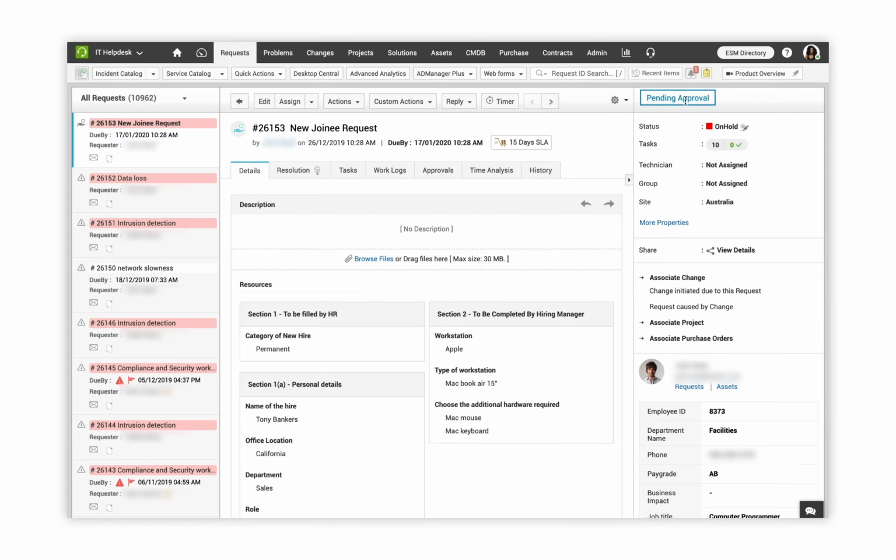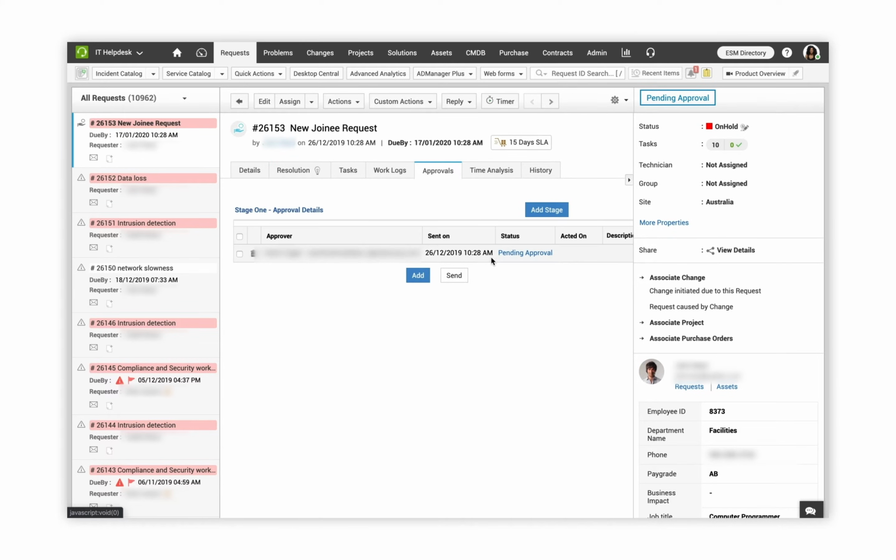Request Lifecycle helps you to build life cycles to explain how a request works from the time of creation till the time of completion. So it's purely based on the status of the ticket. Now this new joinee request has to be approved in order for this to navigate further. Apart from SLAs and field and form rules, there are a lot more automations offered by ServiceDesk Plus. For instance, when a request has been sent for approval, the request stays on hold automatically, so this avoids the